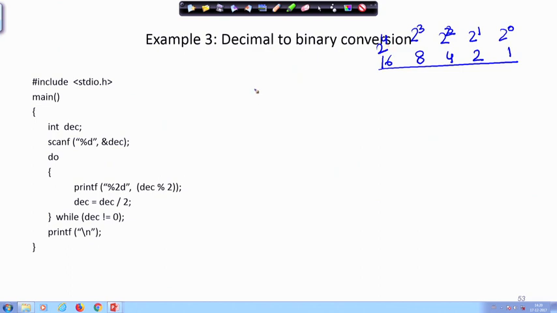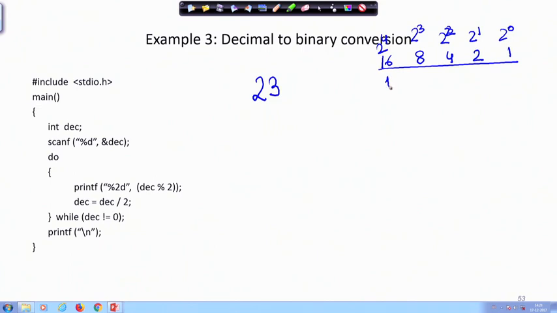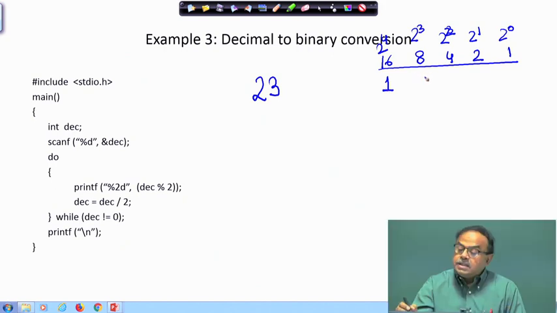Now, let us take a number 23. What will be the binary representation of that? Let us see. Here 16 will be there, of course, it is greater than 16. So, 23, 16 and 7 more.